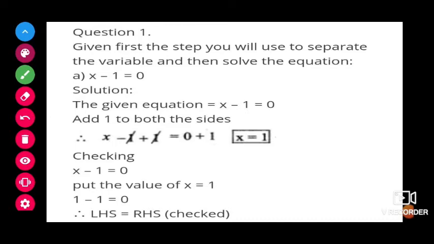So, x minus 1, this is the equation. As I told you, I want only the x variable and I should remove all the rest. What is extra here? Minus 1. If minus 1 is there, what do we have to do to remove it, children? I have to do plus 1. But if I do it on only one side, it won't be good.